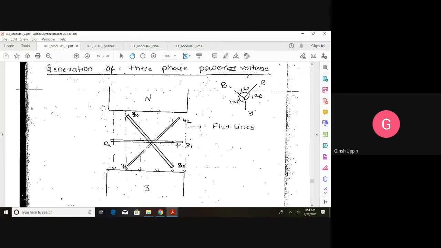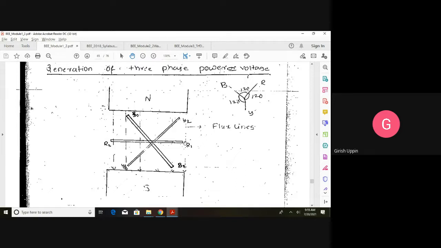What is a coil? A coil is a wire wound on a particular core. So just think this is an armature. The armature core is made of magnetic material, and it is not the exact construction, just for your understanding I'm telling. It is a cylindrical structure, and on the outer periphery we have slots, and inside the slots we place the coil, meaning we wind that coil inside those slots. Just imagine there is a core, and on that armature core we have wound the winding.